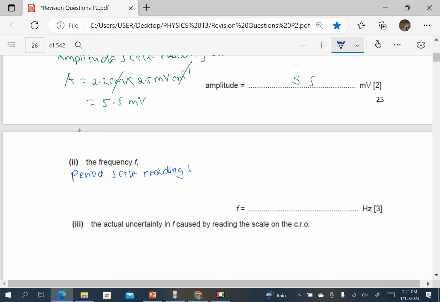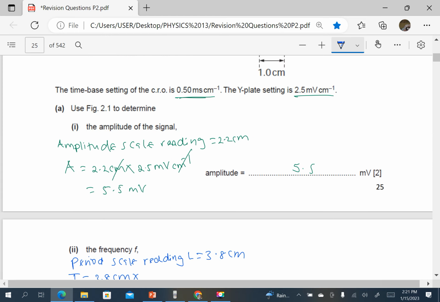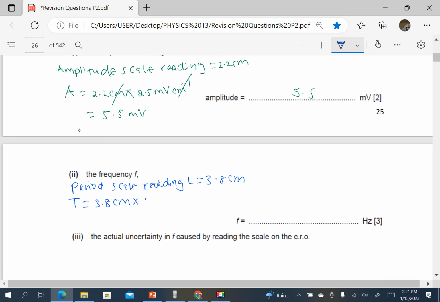My students normally call it L. It was 3.8 in centimeters. So the period is going to be the scale reading, which is 3.8 centimeters, times the time-base setting, which is 0.5 milliseconds per centimeter. The per centimeter cancels out. And this gives us,